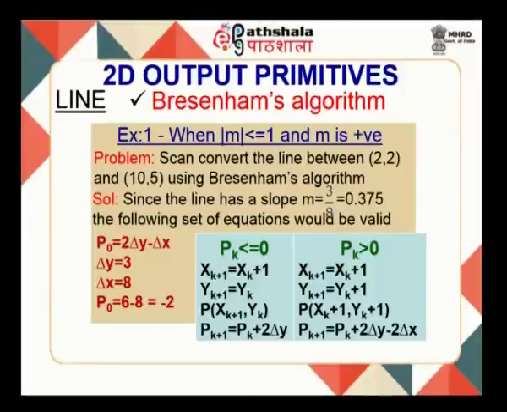So, let us take an example problem to understand deeply how Bresenham's line drawing algorithm works and is more superior to the DDA line drawing procedure. So, let us take an example. If you recollect the discussion, for lines with m less than 1, that is slope less than 1, and m is positive, we will be sampling the line along x axis at unit intervals. Let us take the problem. Given two endpoints of a line,